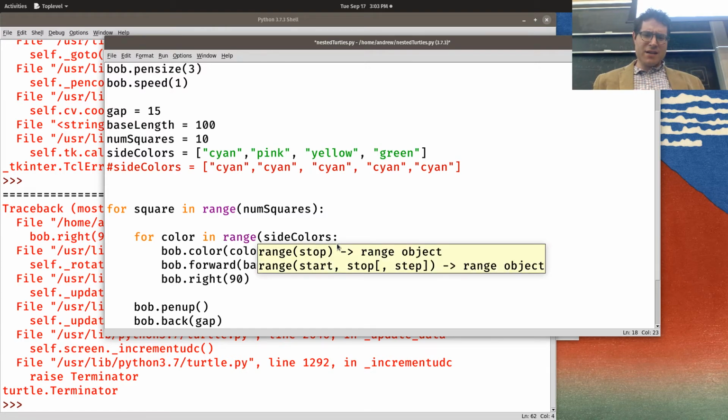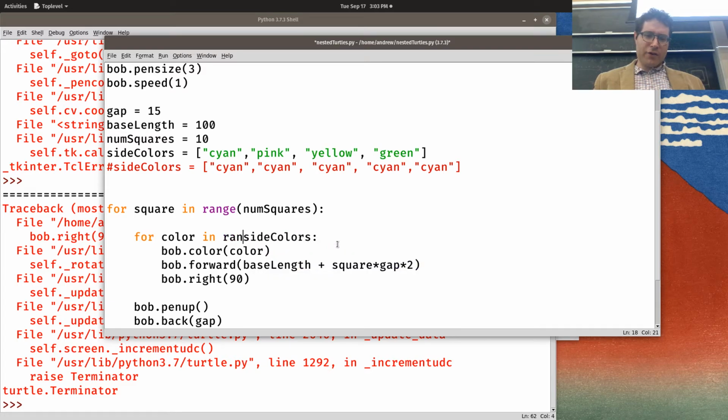So range, length. Actually, let's go ahead and do enumerate. Actually, there really is no easy way to do that. Oh yeah, for range length side colors. So I'm going to just show you two ways. You can decide for yourself which is easier. So over here,